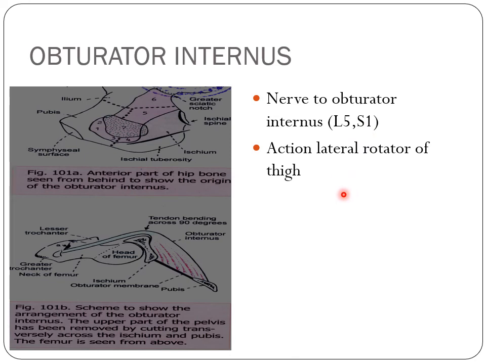So all the short muscles, including the piriformis, two gemelli, quadratus femoris and obturator internus, are lateral rotators of the thigh. Relations of the obturator internus within the pelvis: the inner surface of the obturator internus is covered by the obturator fascia, which is derived from the parietal layer of the pelvic fascia. Origin of the levator ani